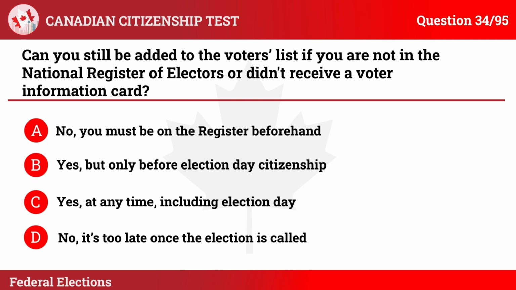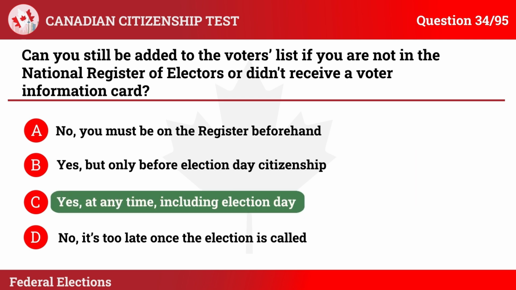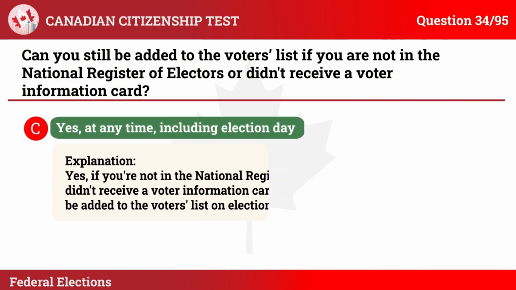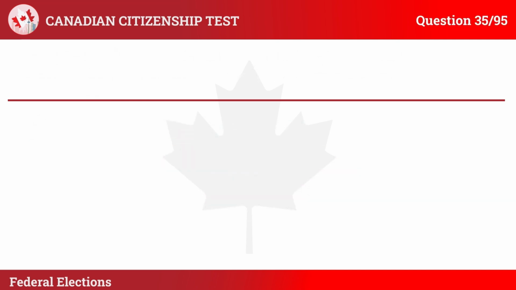The correct answer is C. Yes, at any time, including election day. Explanation: Yes, if you're not in the National Register of Electors, or didn't receive a voter information card, you can still be added to the voters list on election day. Question 35. Canadian law secures the right to